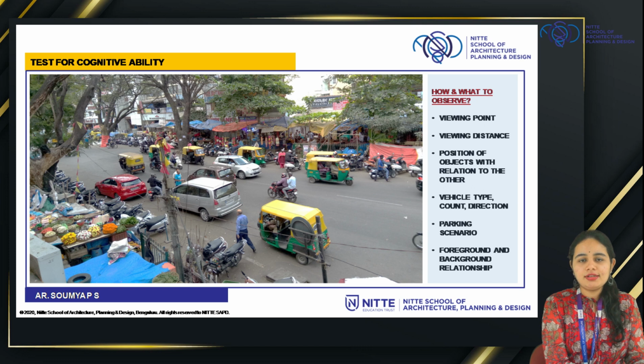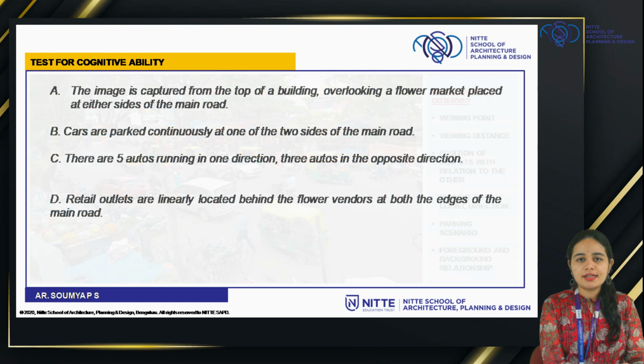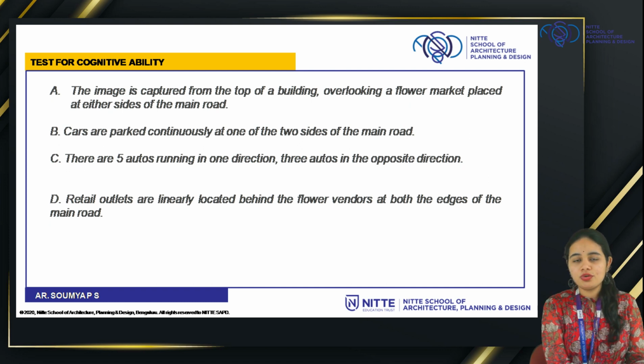Key things that you generally need to do while doing a cognition question are: first, observe the image as a whole entity to understand the context and the scenario. Second, you must virtually break the image into smaller parts and observe each and every small detail carefully, which will include the viewing point, viewing distance, type of object, its number, size, position, distance, and direction in relationship to the other objects. These are the 4 given options. You need to select which ones closely describe the given image.